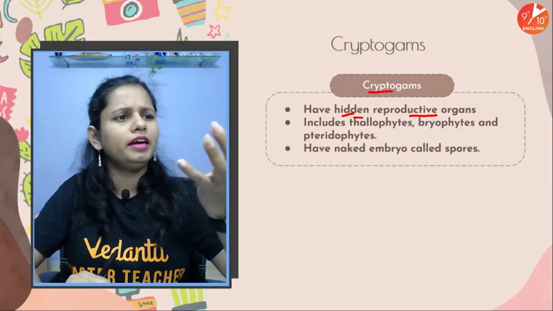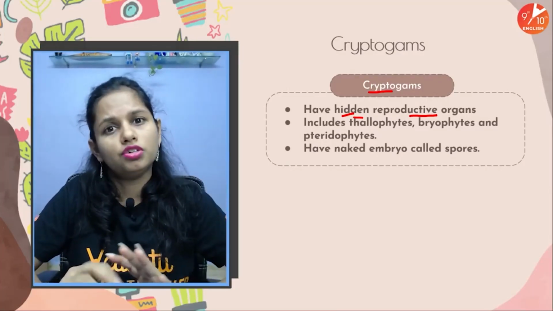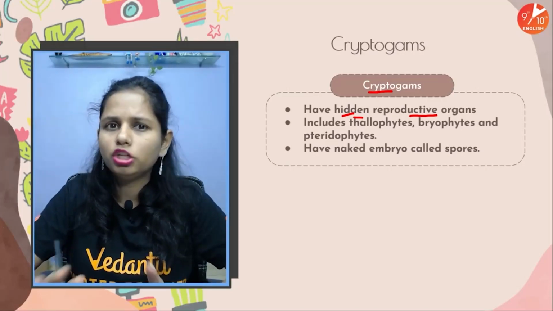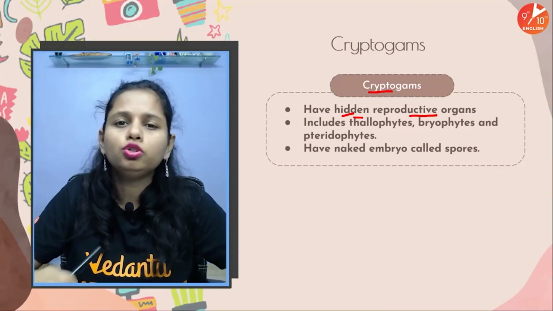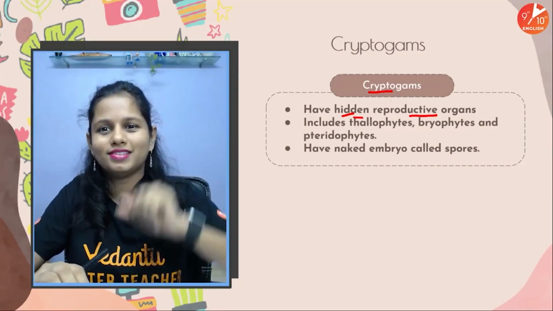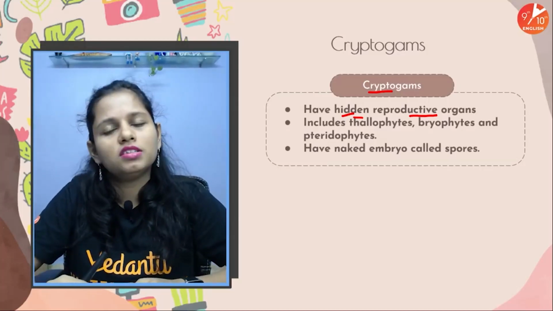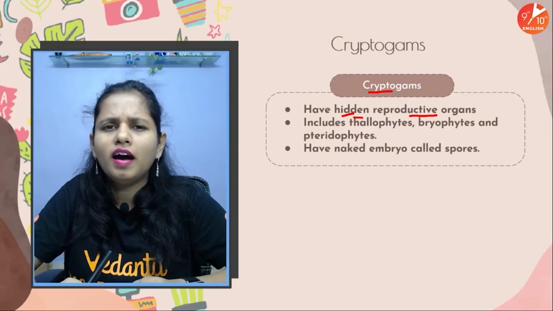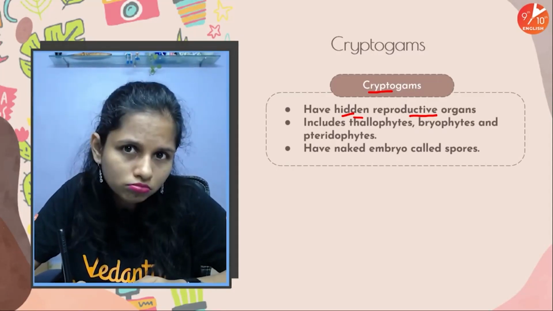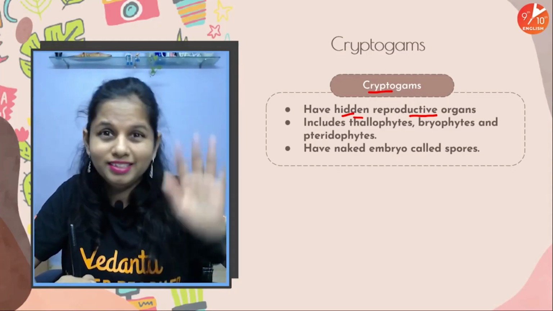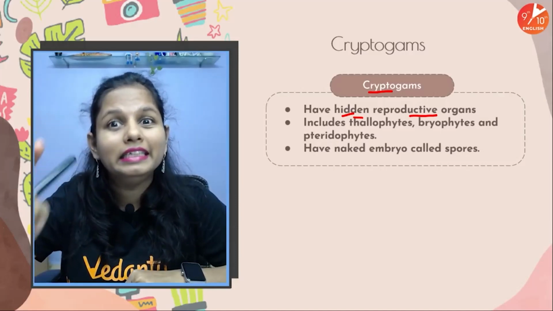So if we see the plant and try to find out the reproductive organ, like normally if I ask you which is the reproductive organ in a plant, chalo, let me know in the comment section, which is the reproductive organ in a plant. Most of you would end up answering flowers. Yes, but not all plants have flowers, na? So these plants, they don't have flowers. So if flowers are not there, which must be their reproductive organ? Do you know? Do plants show it? Ki, see, this is my reproductive organ. No. The reproductive organs are hidden.